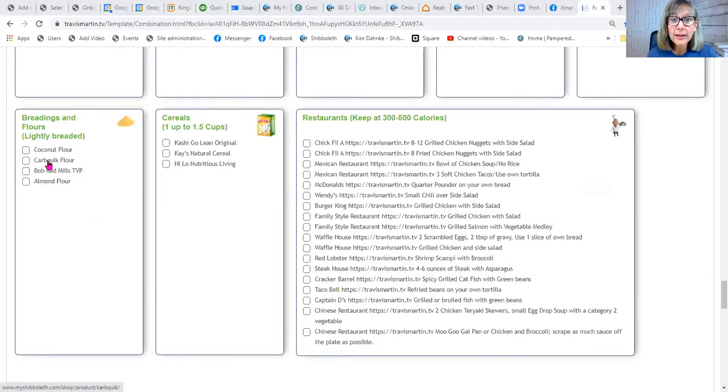This carb quick flour, if you've ever used flour or Bisquick, this is the replacement. You can make cheddar garlic biscuits, which is great. I make pancakes with this. What else do I use carb quick flour for? Oh, I will take some chicken and batter it up with some egg whites and then put carb quick on it, and I bake that up in ghee butter, and it is delicious, absolutely delicious. And then